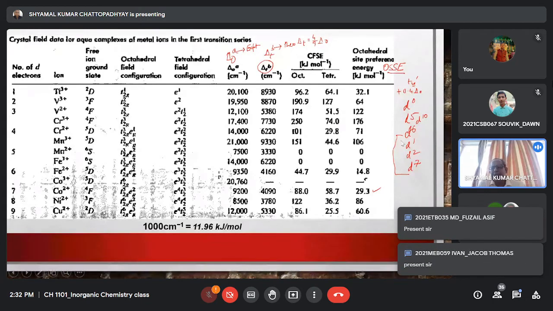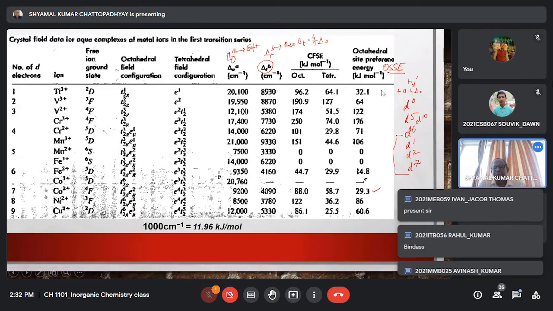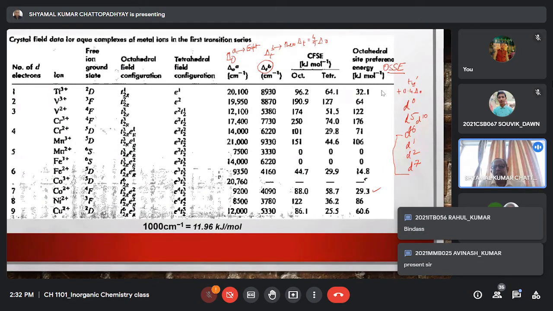And then we have seen that d1, d6, d7, and d2, these are the metal ions for which the OSSE is relatively small, and as a result of that, we may be able to isolate the tetrahedral complexes much more easily for these